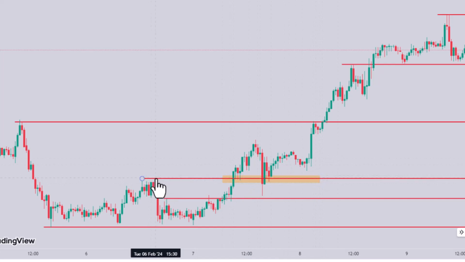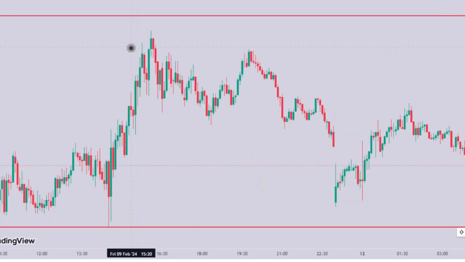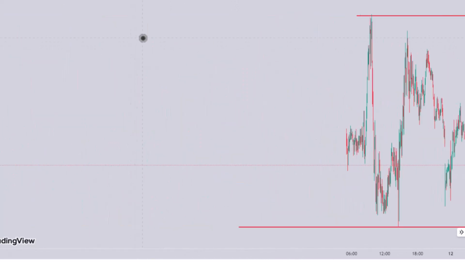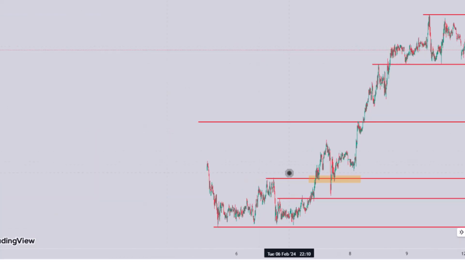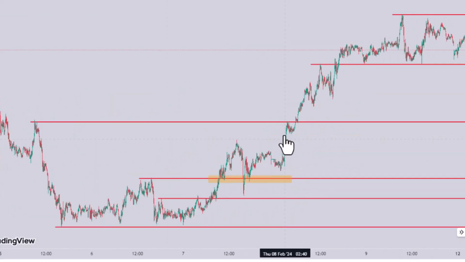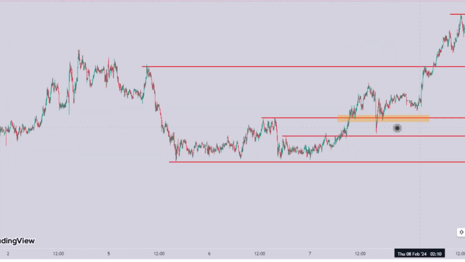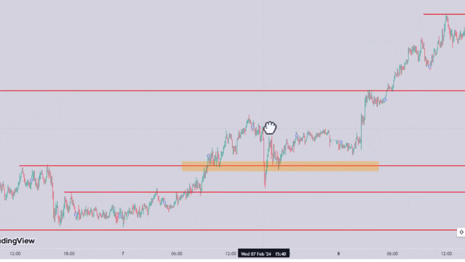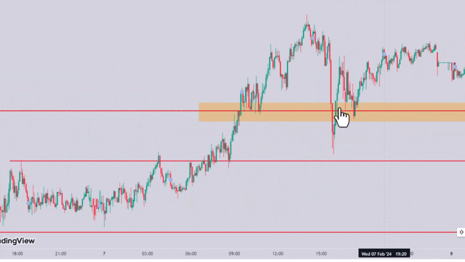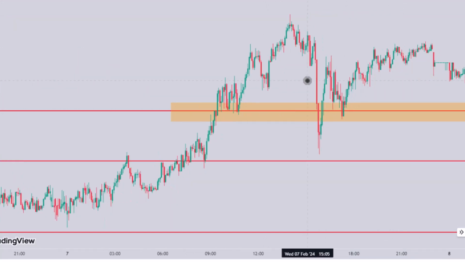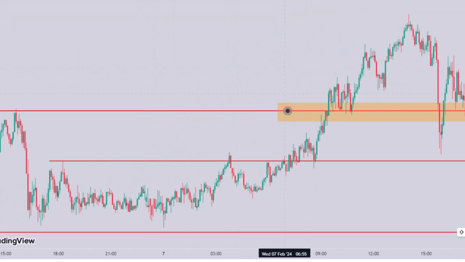Remember, we have our wick at this point, and as price approaches that level for the first time, let's see the price action if we can find any trading opportunity. This is simple, guys. Trading shouldn't be difficult. The most difficult part of trading is how you manage your psychology and emotion. So as price approaches that level, it breaks. Upon retesting, a very good sweet ride to the upside.